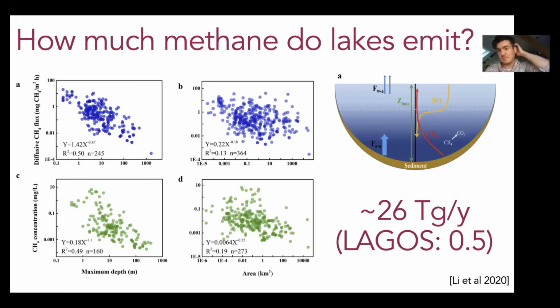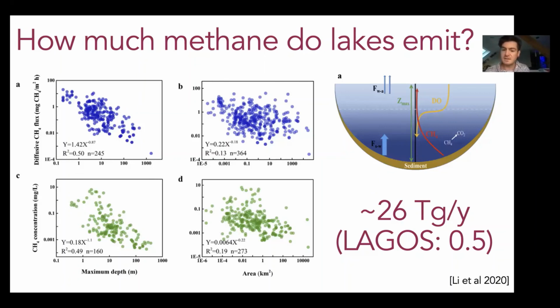For example, one property where maximum depth is really important for lakes is how much methane they emit. You can see in these plots, this is empirical data, that the maximum depth is much more important than the area or the size of the lake in terms of its methane flux. So we can't go measure the maximum depth of all the lakes on Earth, but we can look at the areas of all of them and then make random estimates of their maximum depths. And we can get an estimate of the total methane flux out of all the lakes on Earth.